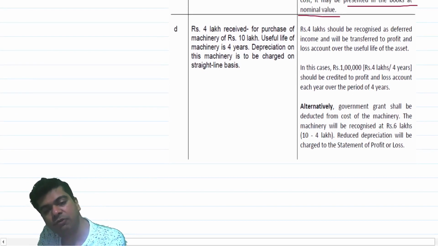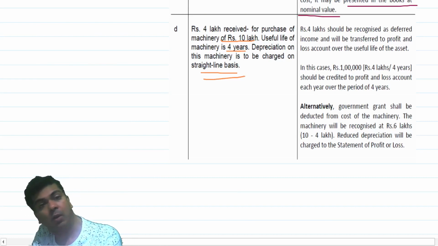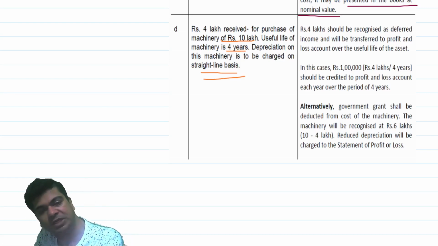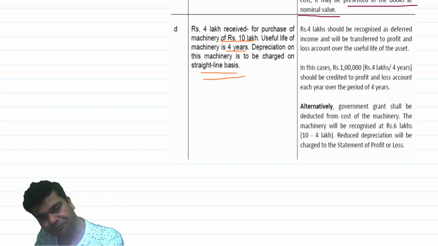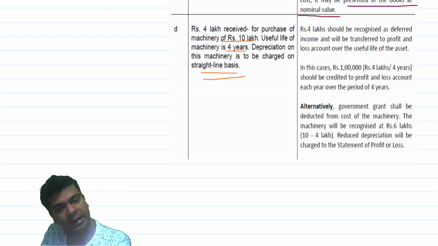Rupees 4 lakhs received for purchase of machinery of 10 lakhs. Useful life of the machinery is 4 years. Depreciation on this machinery is to be charged on a straight line basis. You are acquiring a depreciable asset. Two approaches are prescribed by Ind AS 20. Isn't it? The first one is that you will record the machinery at its cost of 10 lakhs and